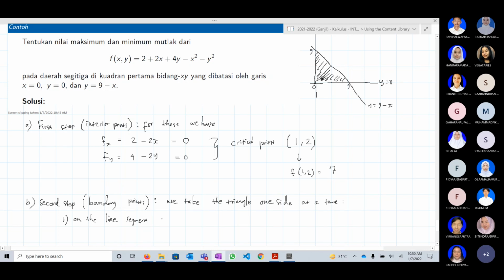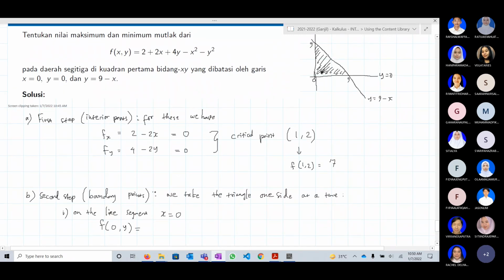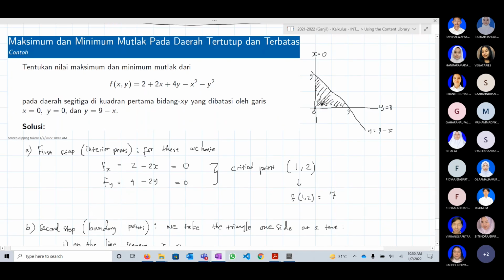On the line segment x equal to 0, we have that f of 0 comma y is equal to 2 plus 4y minus y squared. And here y is from 0 to 9, because we have y from 0 to 9 up there,